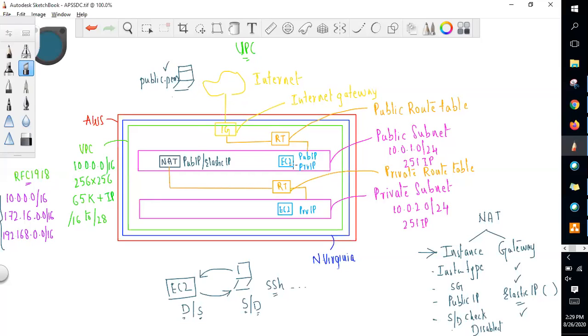Fine, I'm fine. But to connect to this private instance from the public instance, this public instance should have the private IP address as well as the PEM file, the key pair of the private instance. But I have it only in my local PC. So what I need to do is, first of all, connect, and I have to copy the private PEM file into this instance in order to connect from here to here. Am I clear?